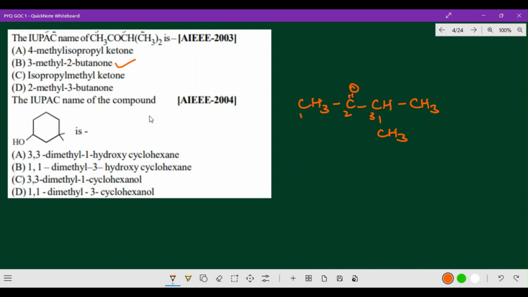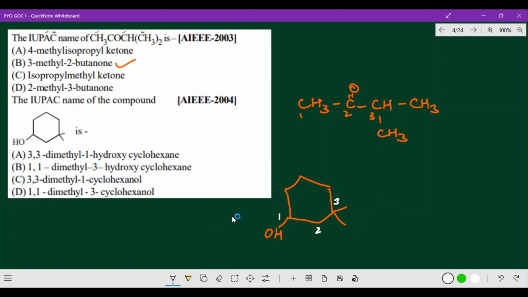Okay, next one, this one, a cycloalkane compound. Usually, you know very well which is the substituent group and which is the functional group. You will give the priority to the functional group. In this point OH is mentioned, and in this point a methyl group is there. So the functional group, OH, is where you will start the numbering: here 1, 2 and here 3. So at the third position, a methyl group is there, only one line.